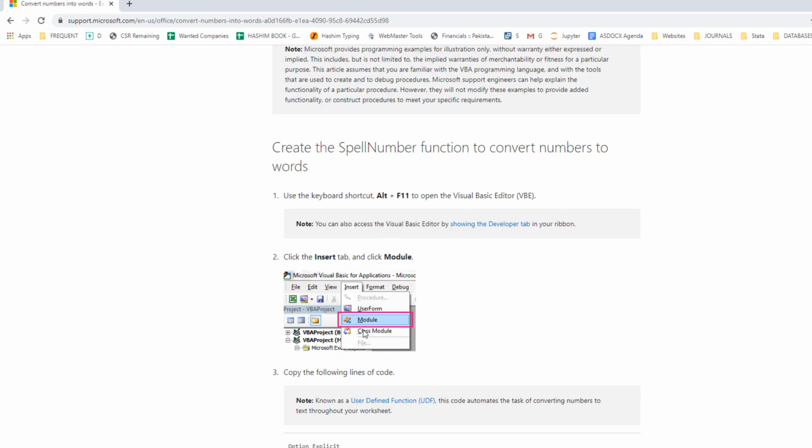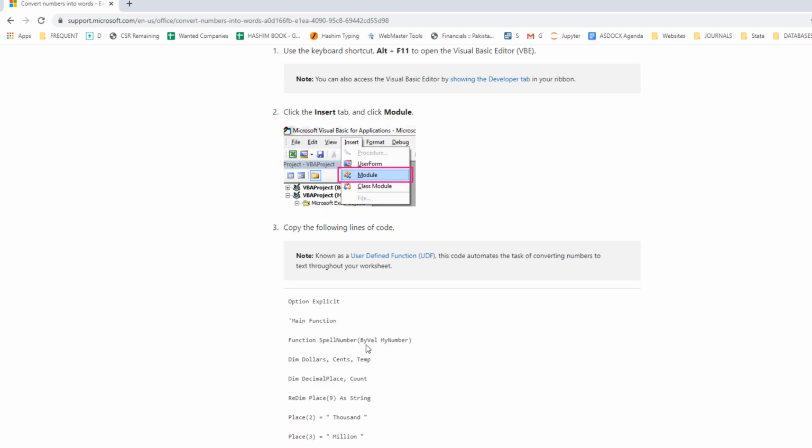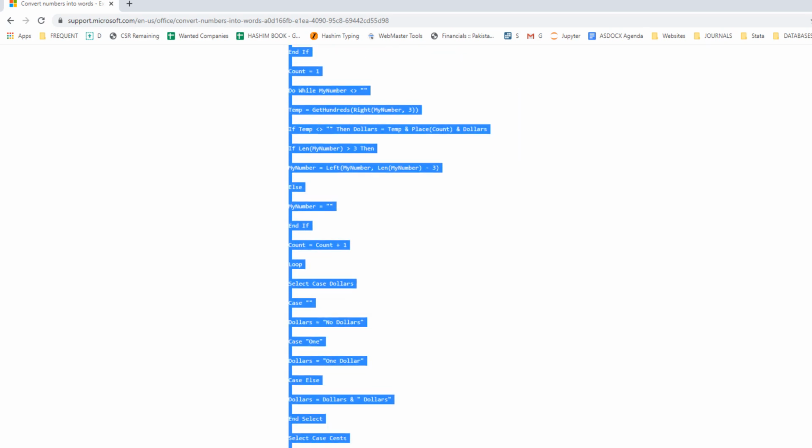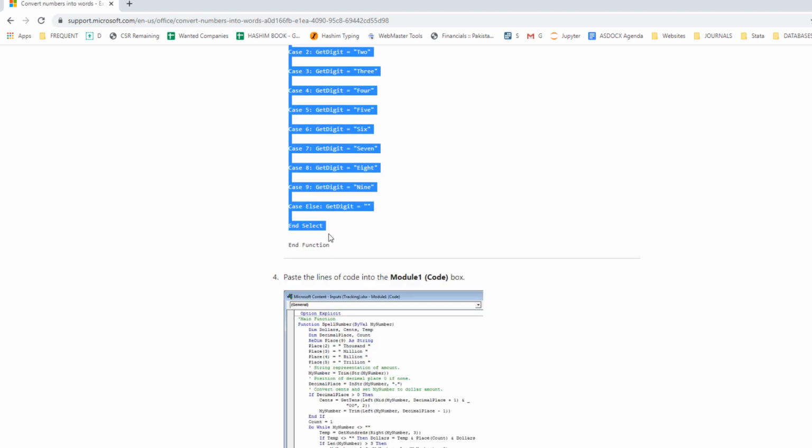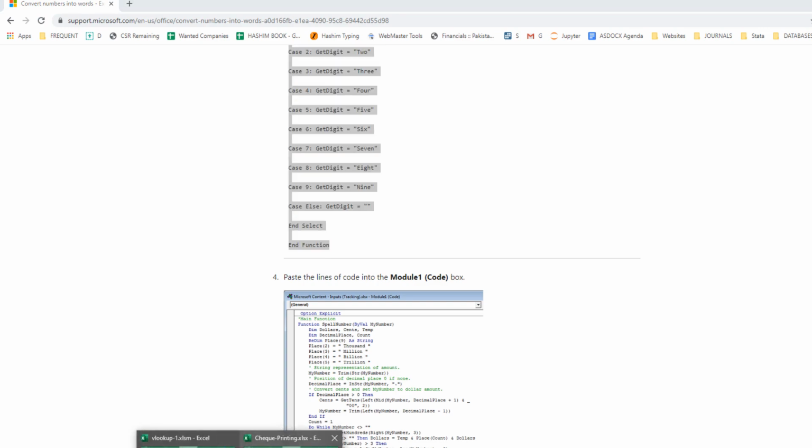It tells us Alt F11, then insert a module, then select all this text. This is the code, until we get the end function.